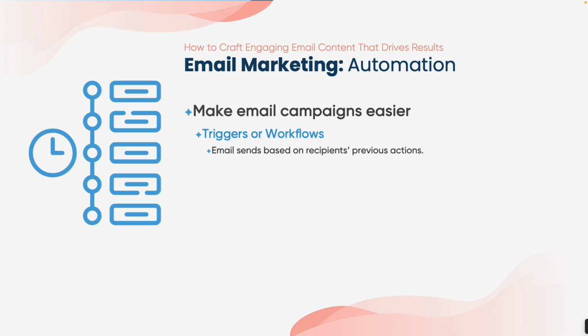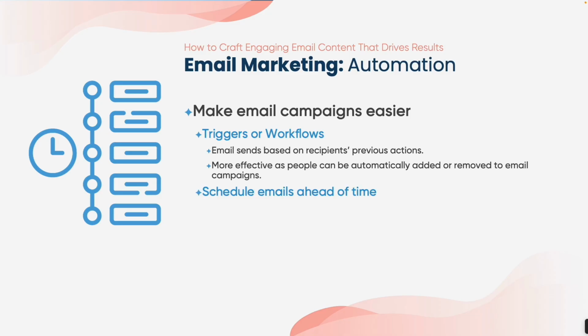Then they have another one going out afterwards as a thank you for the conversation. So you have these pre-built emails that go out based off of a specific action. You can also do a workflow or trigger for an ebook download or infographic download. So you have someone sign up for an infographic or download, and they get a series of emails based off of that infographic. So it allows us to really create very custom tailored messages based off of how someone has behaved for their email campaigns. And it is more effective because people can be automatically added to a workflow sequence and removed from the workflow sequence. So we really make the best use of our email marketing platforms.